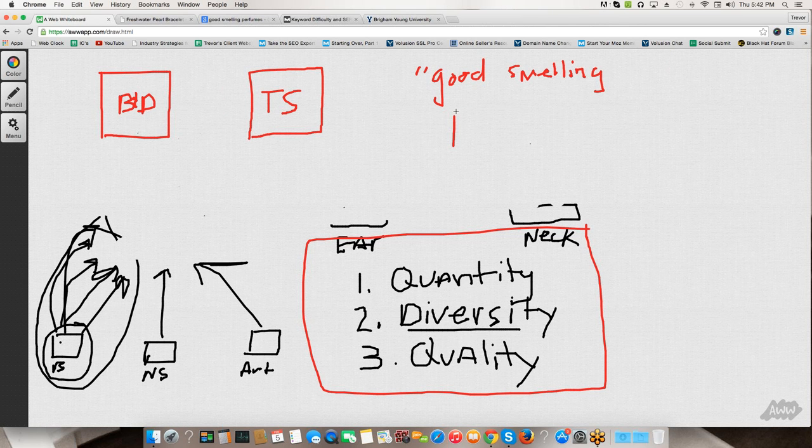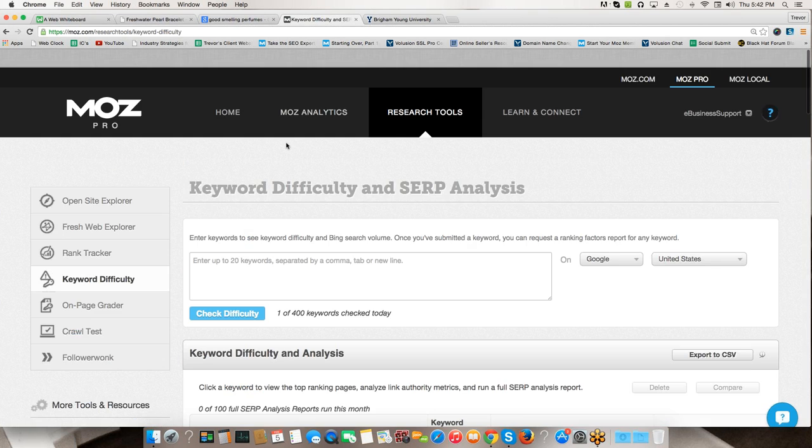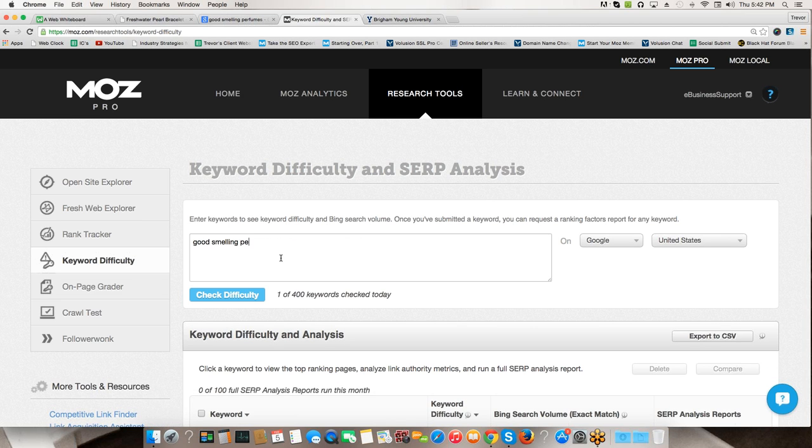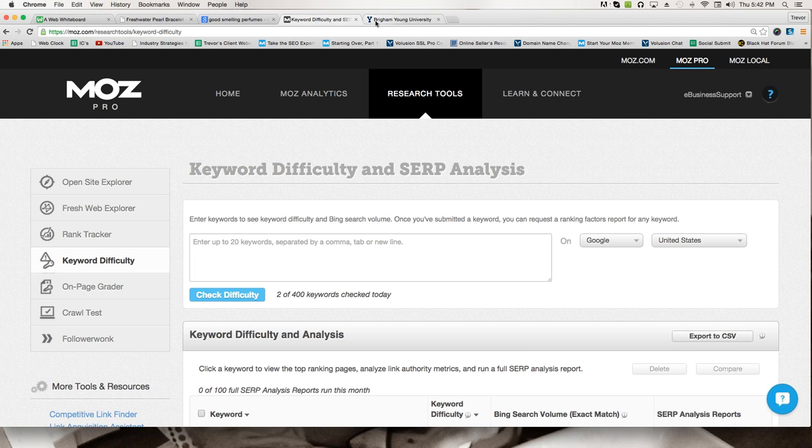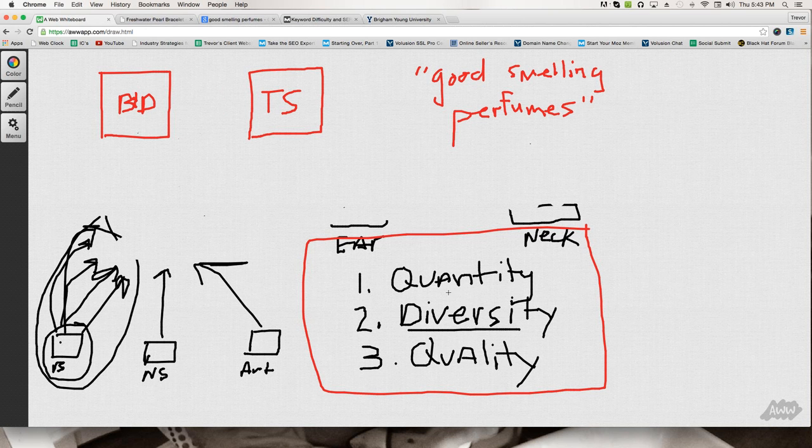Bob and Delmy, do you guys remember off the top of your head what the Moz percentage was for this? Okay, no, that's okay. I can't remember. I guess we can look it up real quick. Let's just check good smelling perfumes. Let's check the difficulty on that. But back to your point, Lorna, you said what's a .edu, and this is also to the point of this